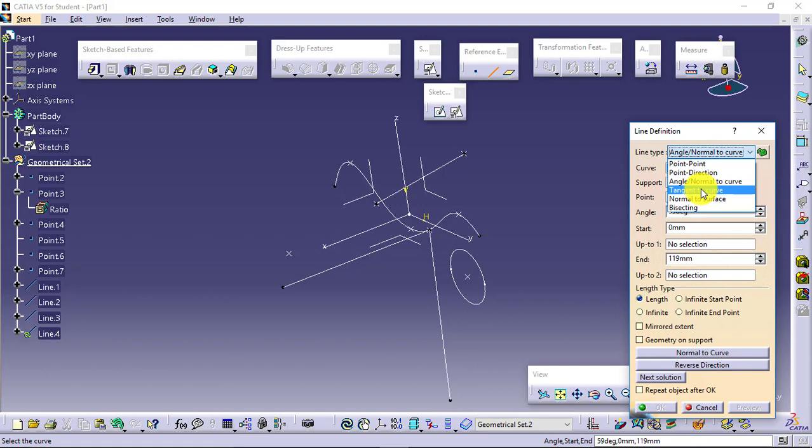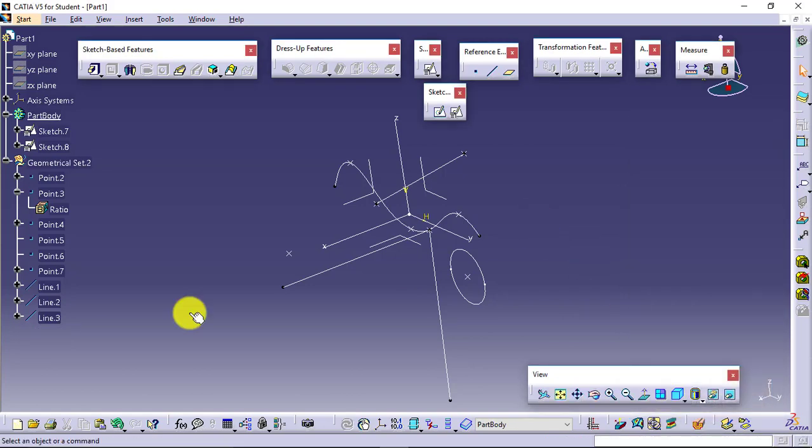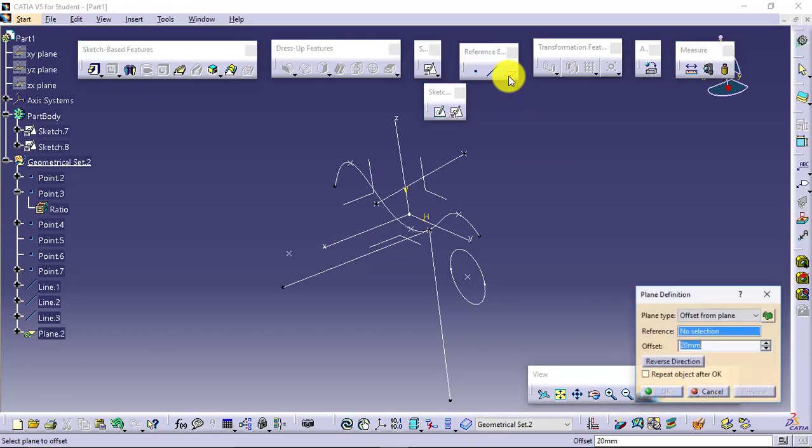Tangent to a particular curve, you can create. A normal to a surface, a bisecting line, you can create. And in a similar manner you can create the planes. You have 3 default planes available: xy plane, yz plane and zx plane. With that you can create planes as per your own convenience. How? See,